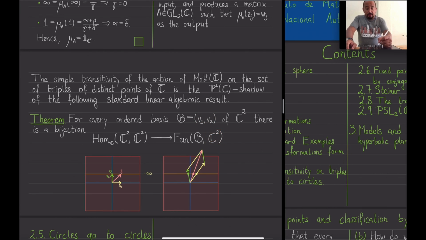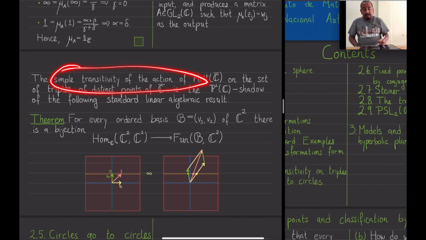In other words, one proves that if for each vector in the ordered basis we choose what images we want them to have, then there exists exactly one linear extension of that rule to the whole space. So it is possible to extend any function from the basis to the space. It is possible to extend it linearly in a unique way to a linear function defined on the whole space. Right? So why do I say that that simple transitivity is a shadow of this? Well, let us analyze